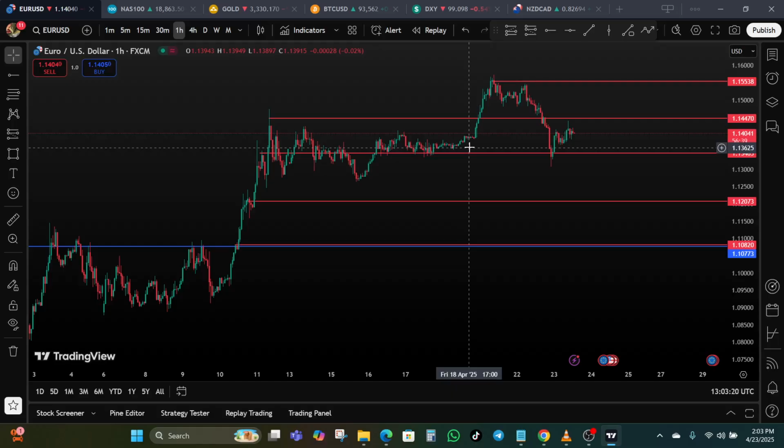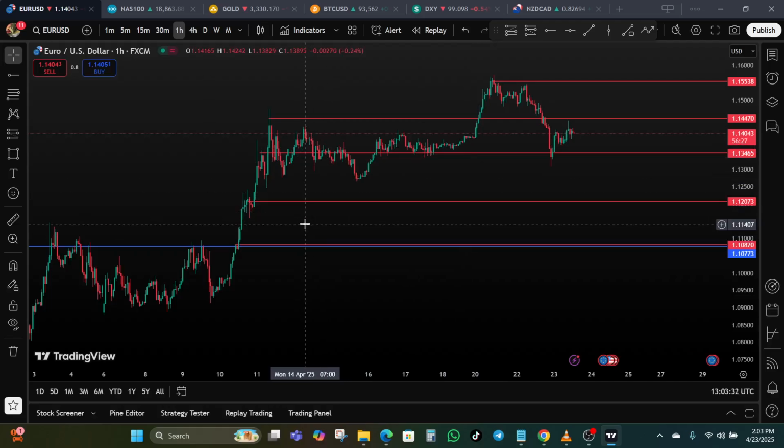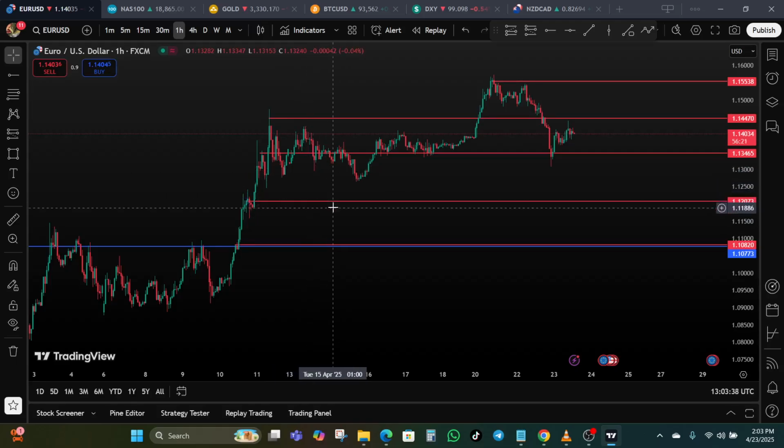All right? Martingale preys on our emotions. When you are losing, your instinct is to get it all back fast. And that is the reason why you will be doubling your lot size, because you are now hoping that when the price begins to reverse, because your lot size is now bigger, it will take less number of pips to recover the loss. You understand? Because if you had entered a 0.02 here, it will take less number of pips to recover the loss given by 0.01. It will take less number of pips to recover the loss given by 0.02 when you are using 0.04, and so on and so forth.